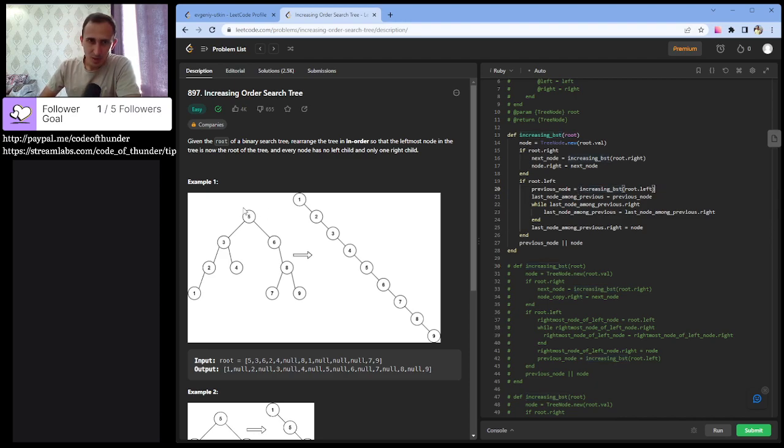So yes, you see, when we are here at 5, let's say, if we have a root left, this root 3, now we take this node and we call this method again with this left node 3, and we continue again and again and again until we reach node 1, and we always return this last node, the leftmost node. You see, previous node. So we end up here, you know,